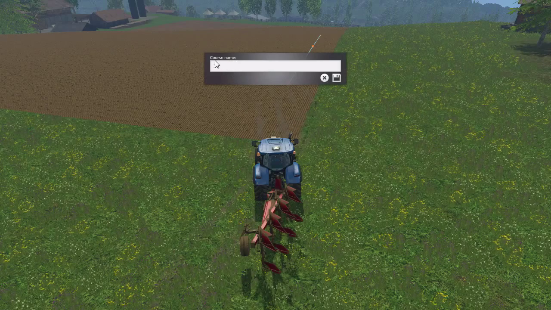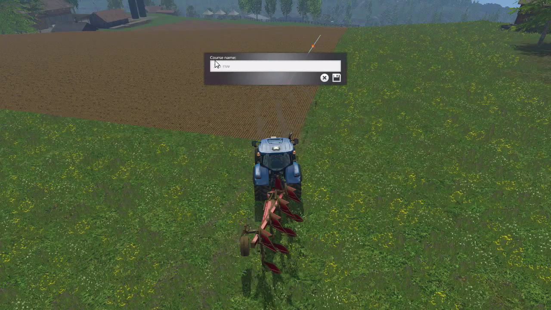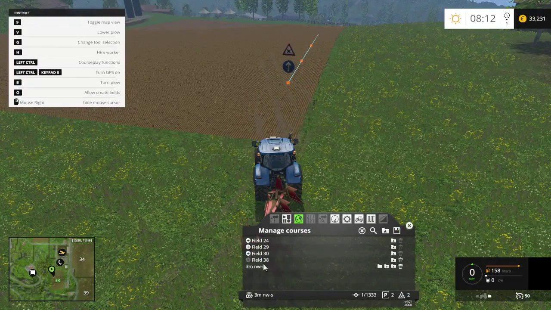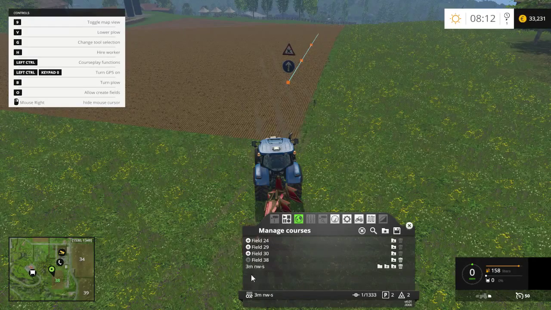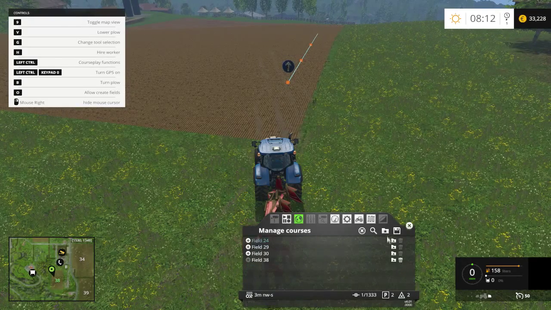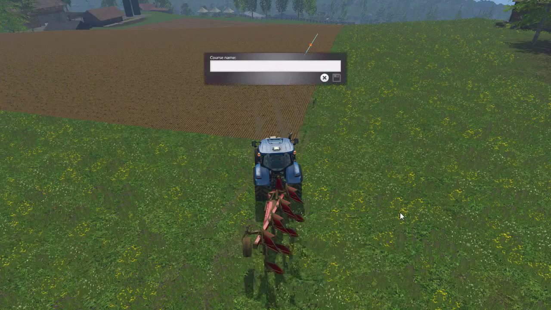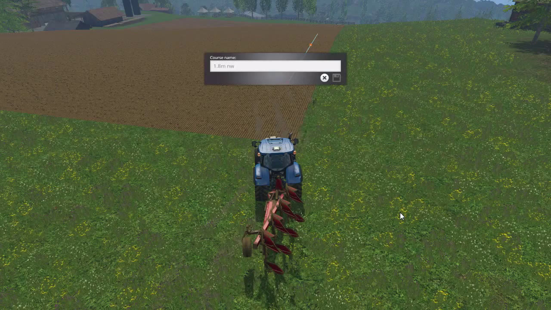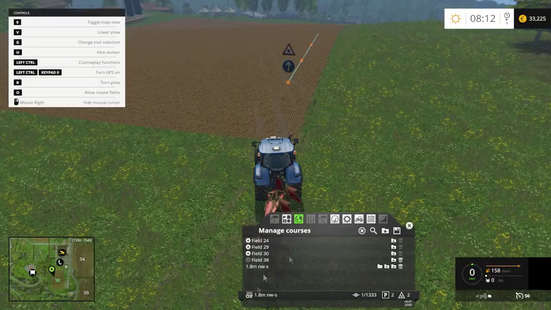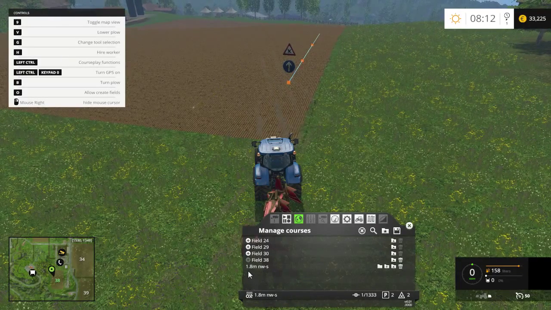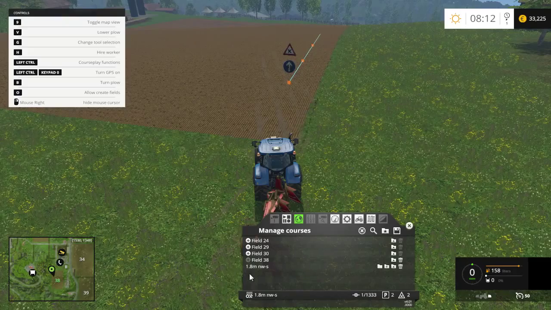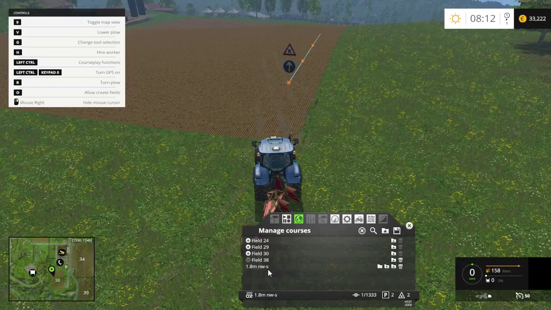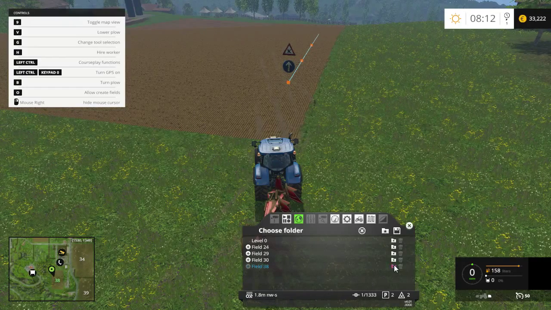is 3 meters starting in the northwest corner heading south. It's always helpful to have some sort of code like this where you say how big the implement is. This isn't a 3 meter course, is it? This is actually a 1.8 meter course starting in the northwest heading south. It's good to have some sort of code that you use. I use the size of the implement that this course has been made for, the starting corner, and the direction that it goes in. Now I'm going to save it into the folder,